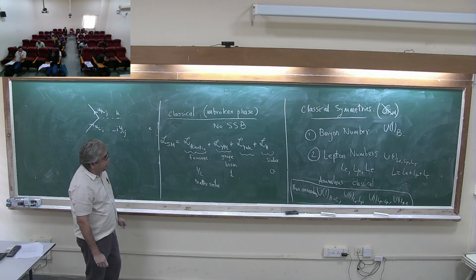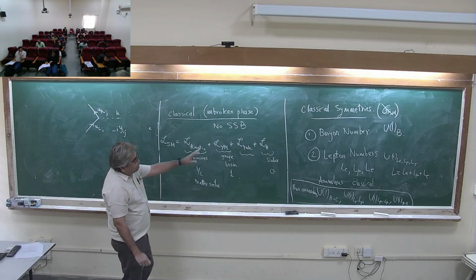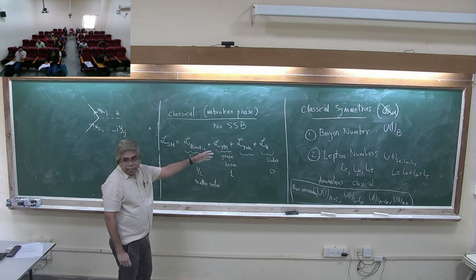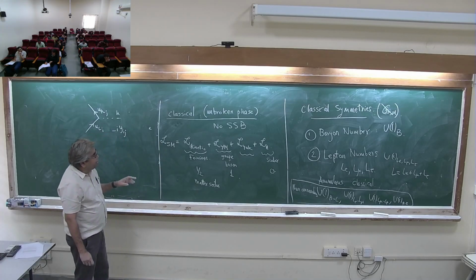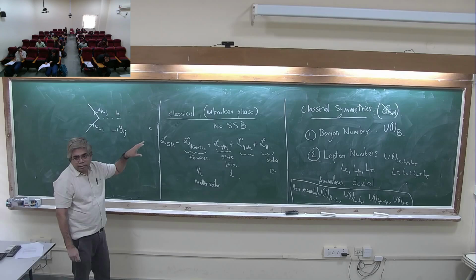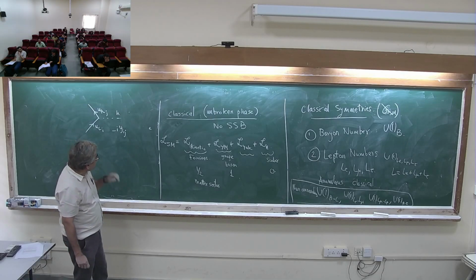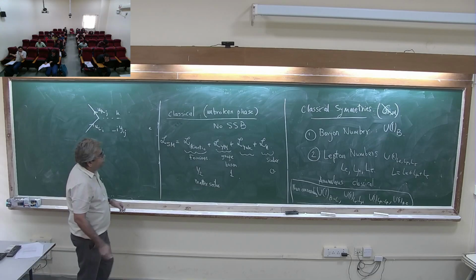Now there are some symmetries which are not obviously evident. These are symmetries which come by setting some terms to zero. One of the first ones is called